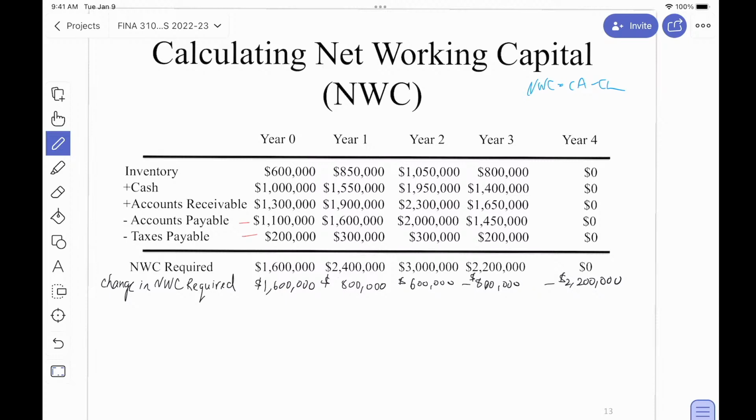Okay, so then finally, these are the changes required each year. So we need to set aside 1.6 million, then an additional 800,000, then an additional 600,000, and so on. And that means that each year there's an investment in net working capital